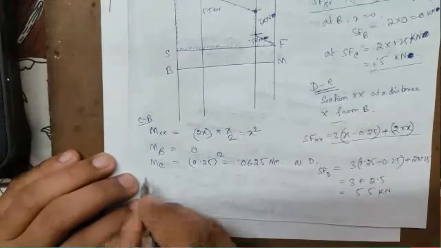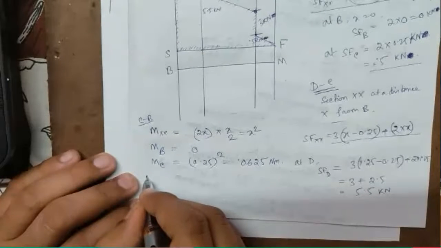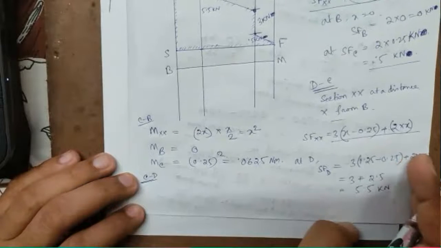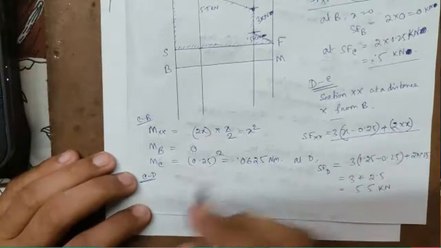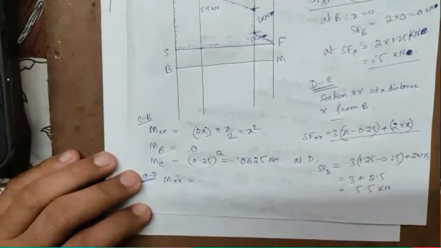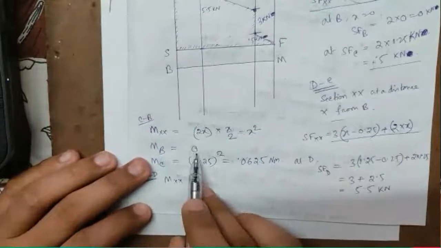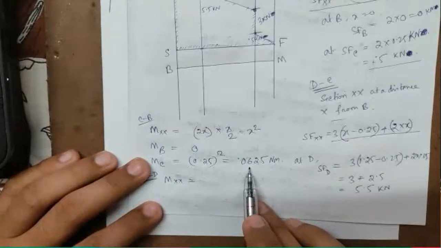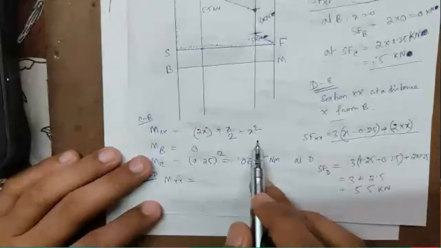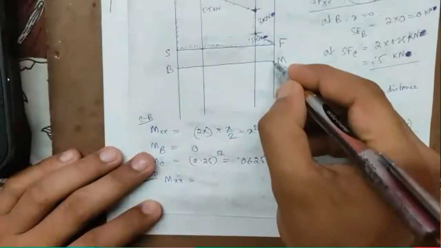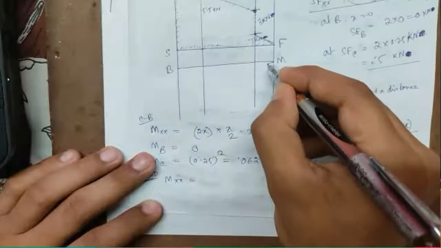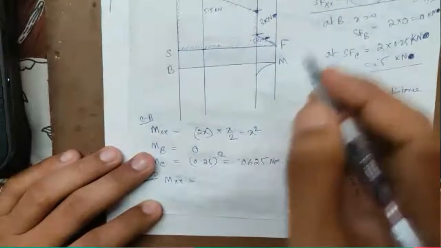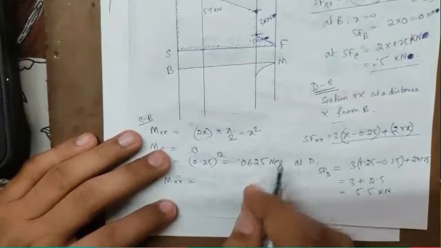Yeah, it came back. Now from C to D, between this CD condition, if the section is taken, then it will be, okay, first let me draw this. So from B it is 0, from C it will be 0.25, sorry, 0.0625 Newton meter, and it is varying parabolic, following a parabolic curve, so it will be like this. Okay, so this curve will be a parabolic curve.